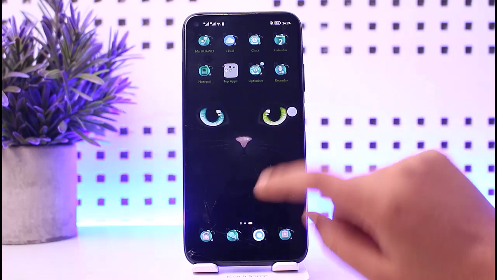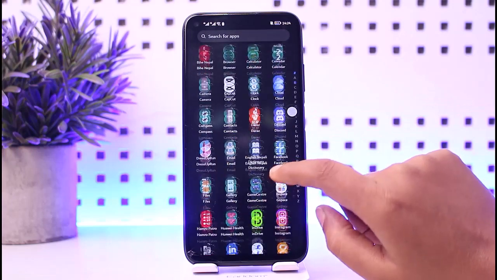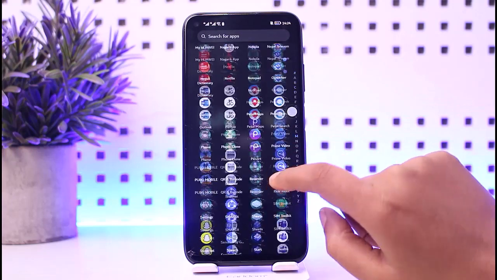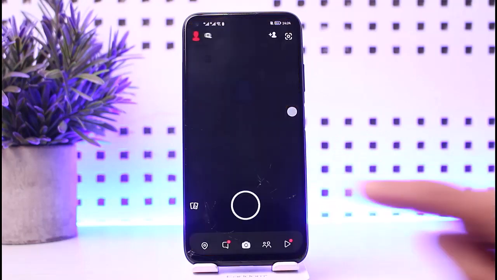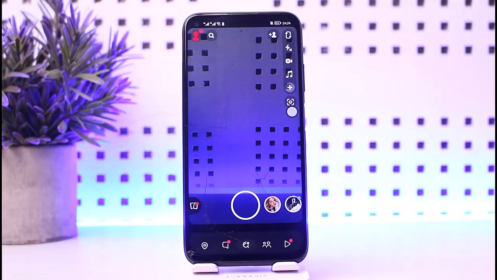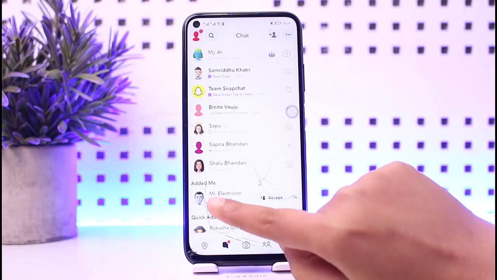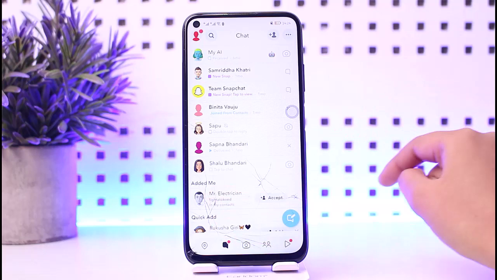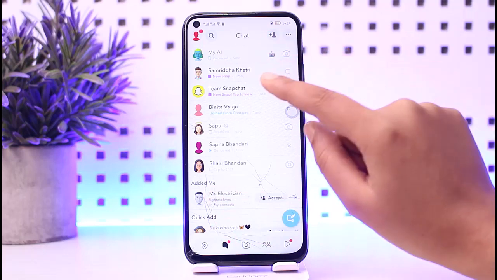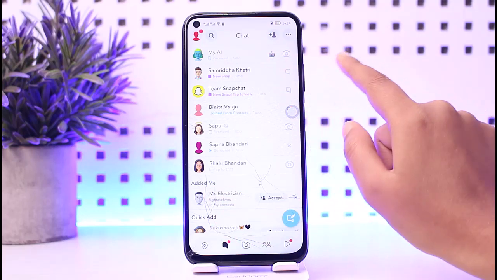For that, first of all, access the Snapchat app on your mobile phone. Right, once you have tapped on it, you're going to find this kind of interface right over here. Simply tap on this little message icon at the bottom right corner, and now you're going to see, let's say we do have a message from a particular user. You can see over there, and if you want to check out the message but we do not want the